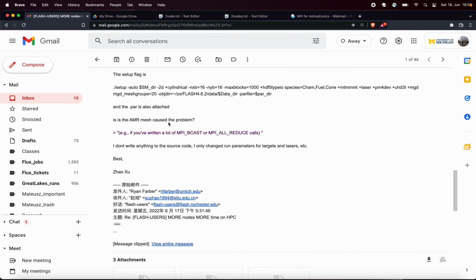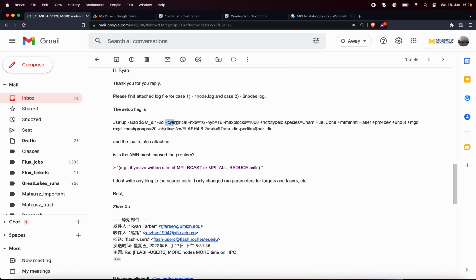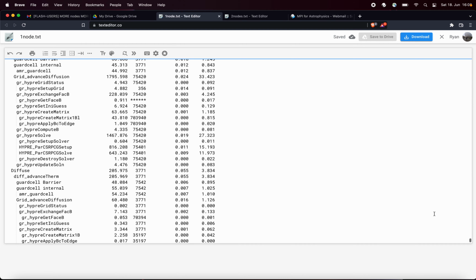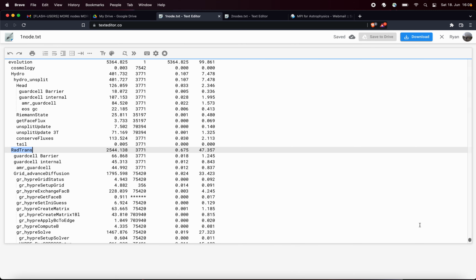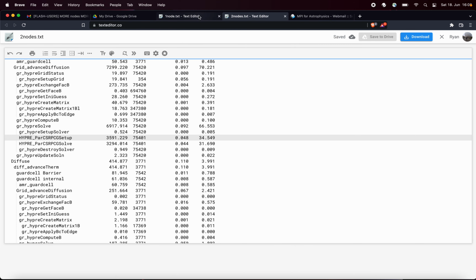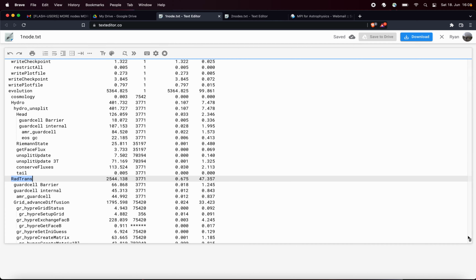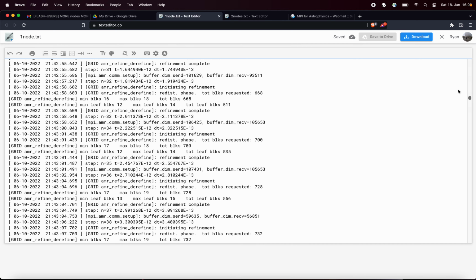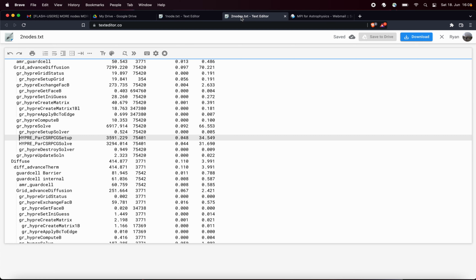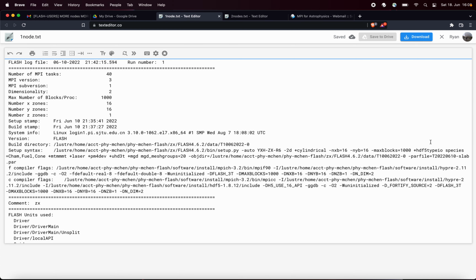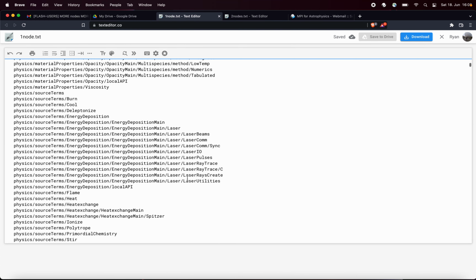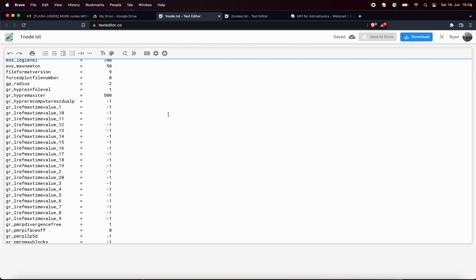Now back to their email, I think that they mentioned that they do cylindrical geometry, which also I haven't used, so I don't know for sure, but it could be that that's kind of inefficient. And then one other thing to look at is, between the one node case and the two node case, if they only have like 40 blocks that they're using, then obviously two nodes won't be any faster than one node. It shouldn't be slower in that case. So I do think that there's an issue with the